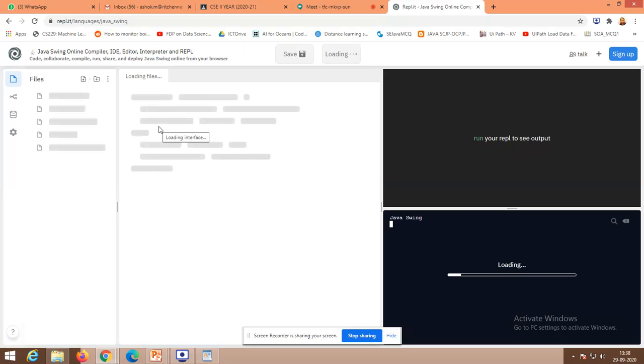In the right hand side top corner, you will get that output. So while I paste the code in the middle content, it will be ready to open up.